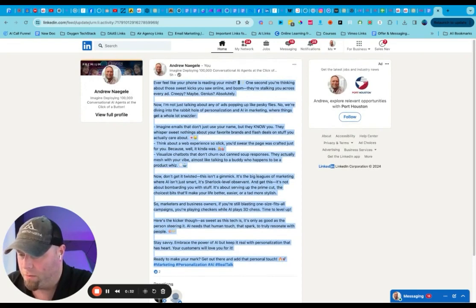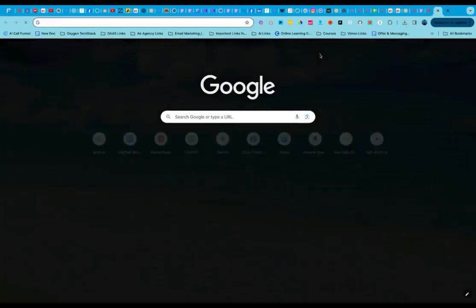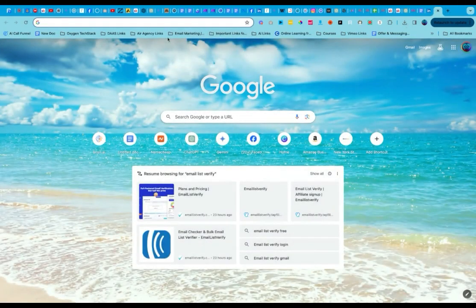So if you were to go to my profile and check it out, you'd see in the previous weeks it was okay, but it wasn't quite to this level. And again, I'm still iterating on this. So this is actually pretty decent. It's not 100% spot on, but it's good.